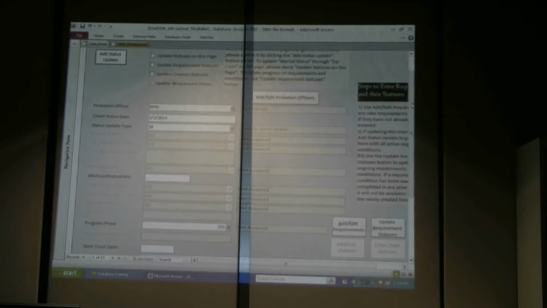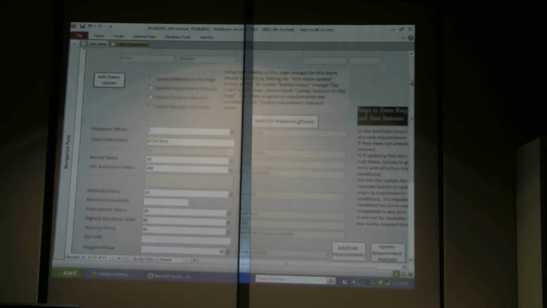The two main ones on this form are going to be, oh, it's way at the front. Sorry, I'll have to reorganize this thing. So